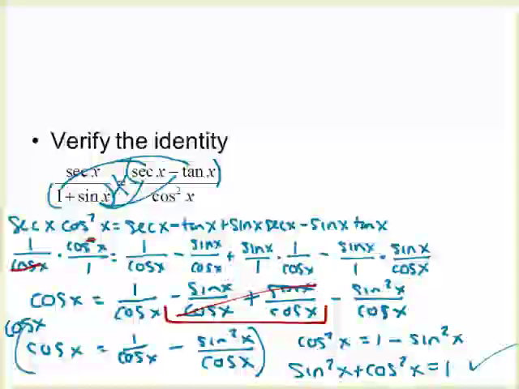Okay? Your homework, you will notice, is all odds. That means you may check your answers, but no work, no credit. These problems require work. So if I don't see that work, you don't get